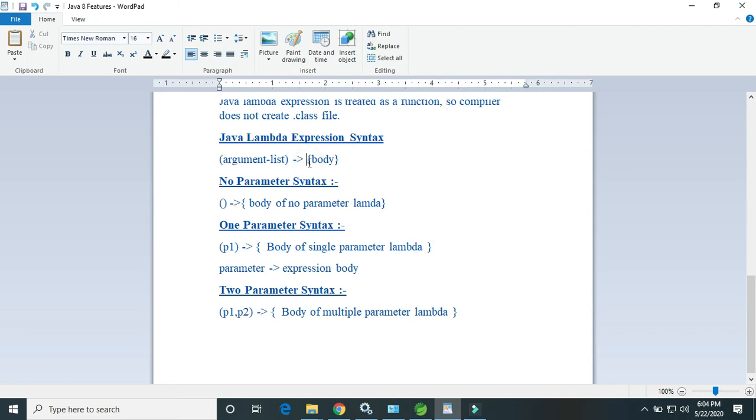Also the curly braces are optional. No need to declare them if you are using a single statement.